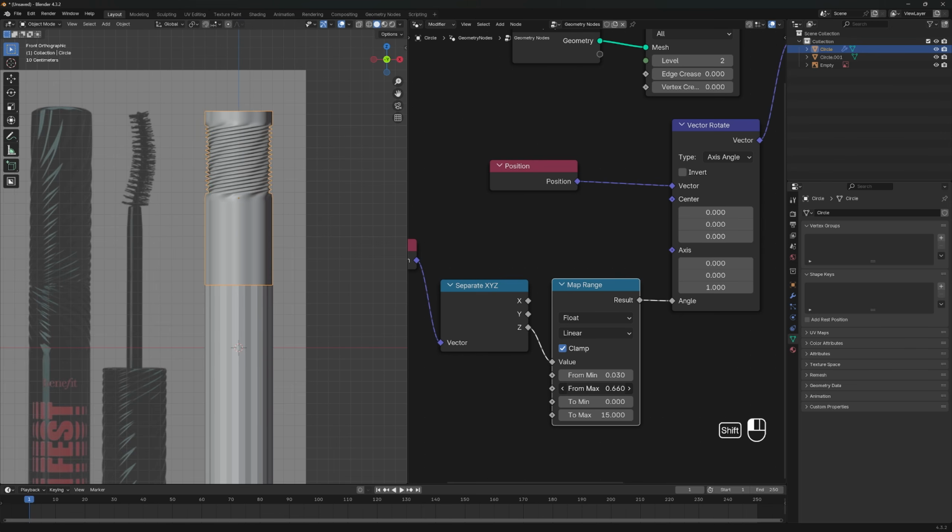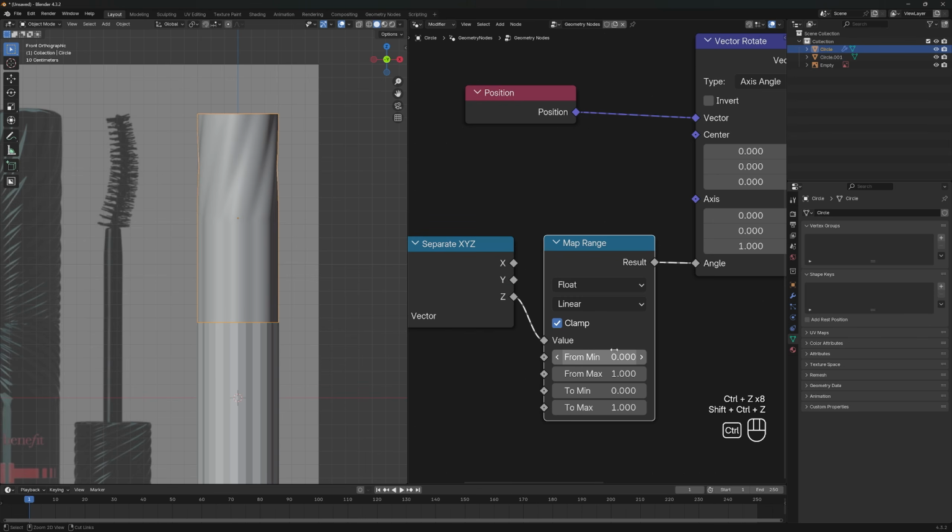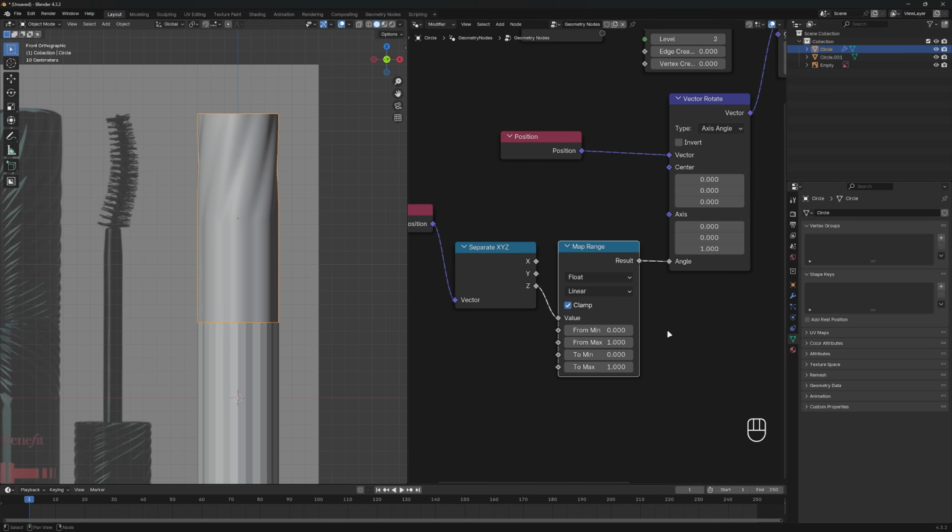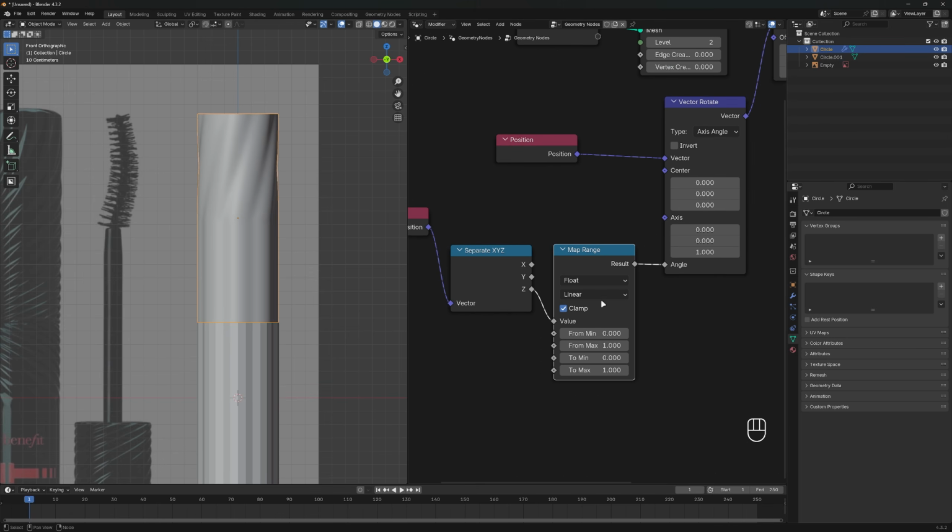So from min value is to control where the twist starts from the bottom, and from max is the opposite. Then to min value is to control how much twist on the bottom, and to max is for the top. I hope you guys understand, and let's undo all of this value. I have set the exact value for this, so you guys can copy the value here if you follow me